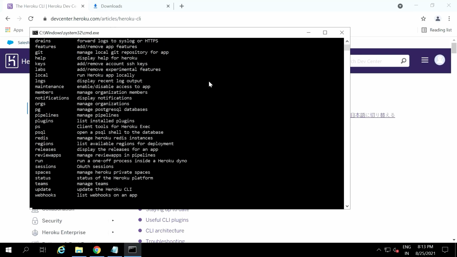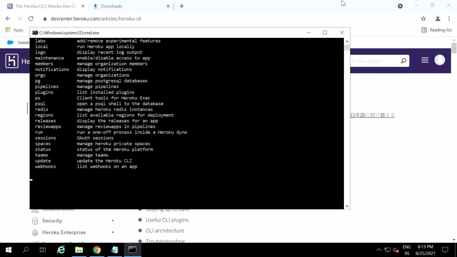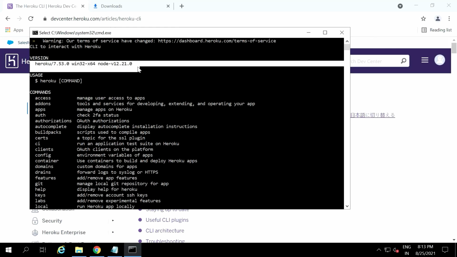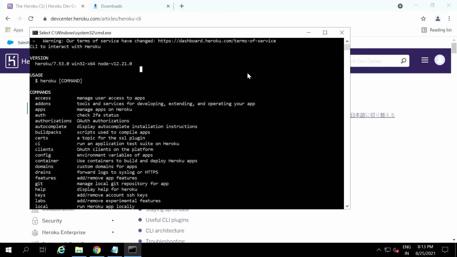You get all the commands related to Heroku that we use. All these commands you can have as a list here. This tells you the version of Heroku which we have downloaded, 7.53.0 for Windows 64.